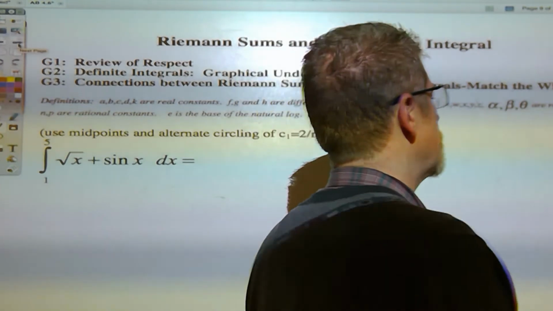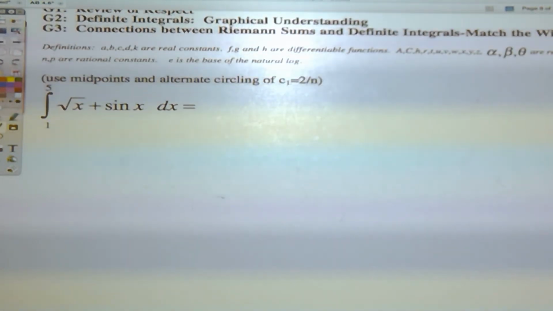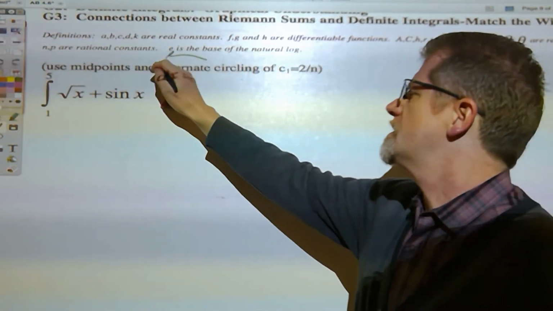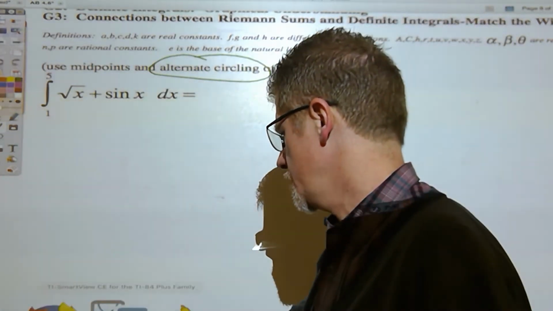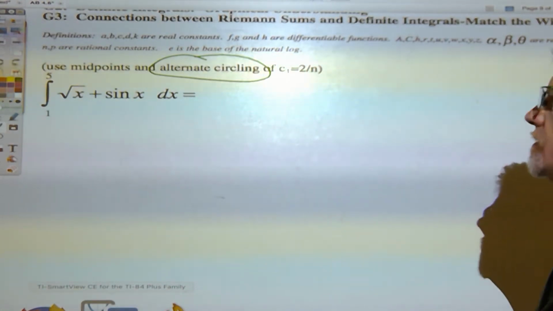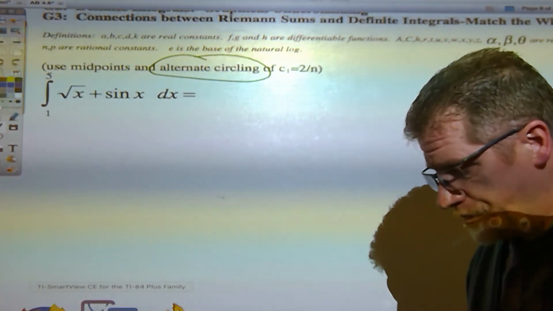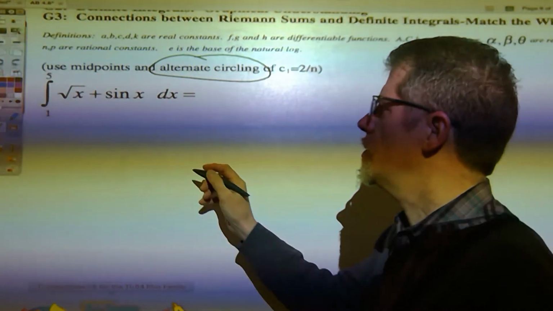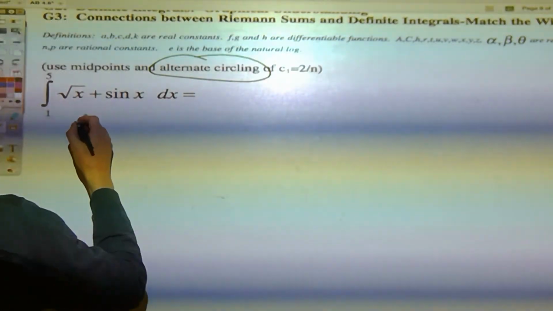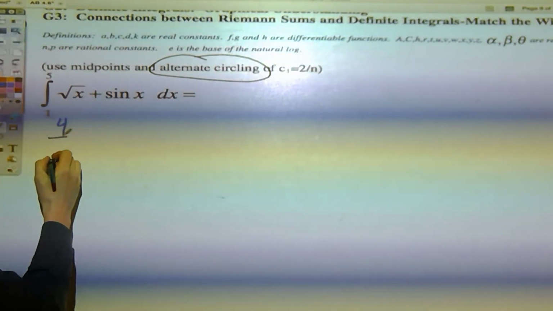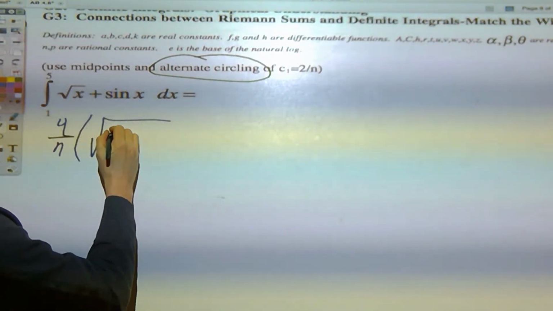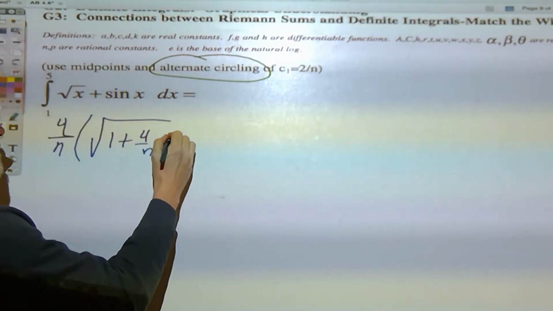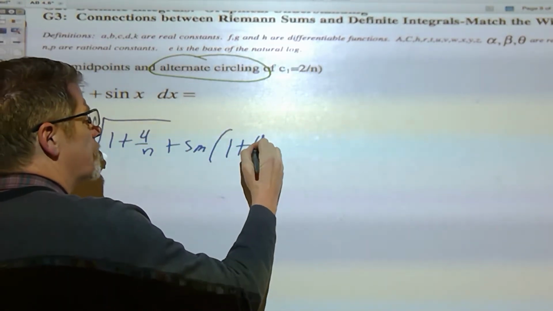And that says try it with a different circling. So the alternate circling, which we're going to check on the calculator to see if both of these agree. So have your calculator out and ready to go. On this next page, as we look at the alternate circling, we're going to rewrite this definite integral as 4 over n times, just like before, the square root of 1 plus 4 over n plus the sine of 1 plus 4 over n,